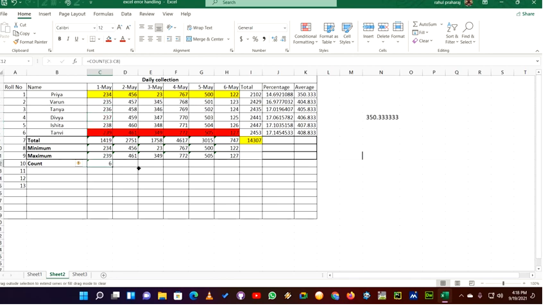Similarly, if I drag it row wise, you can see all my respective columns have been updated with the value 6, because we are only selecting the values which have the fees. We left out the total, minimum and max, and only selected the count. So this is all about the basic functions in Excel.